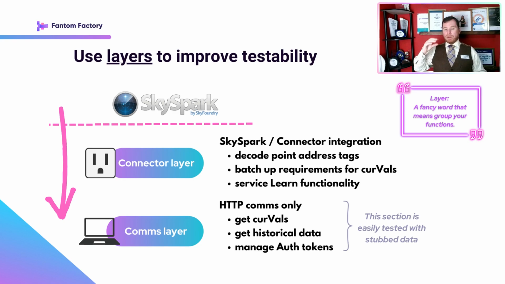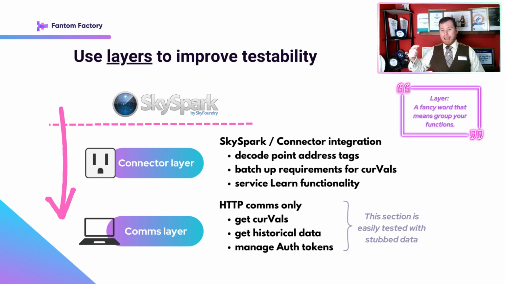It's important to have this comms layer because this comms layer is actually easily tested. And we do this by recording samples of real responses sent to us by the cloud server. Now, when we have these responses, that means during the test, we can replay these real responses back to the test. So the comms layer thinks it's talking to the cloud server, but it's not.